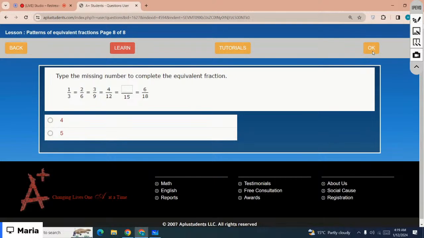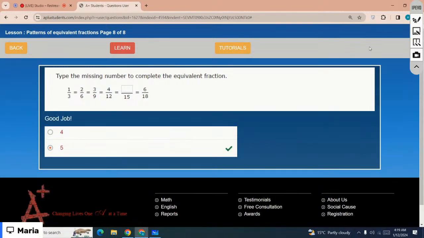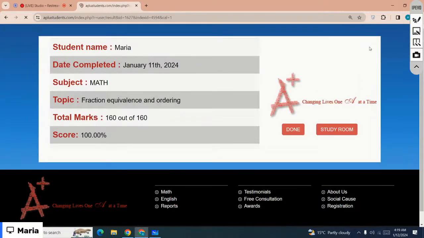The missing value is 5 over 15. The correct option is 5, right? Okay, we are done with the lesson. Let's just move on to our next lesson. The next lesson is